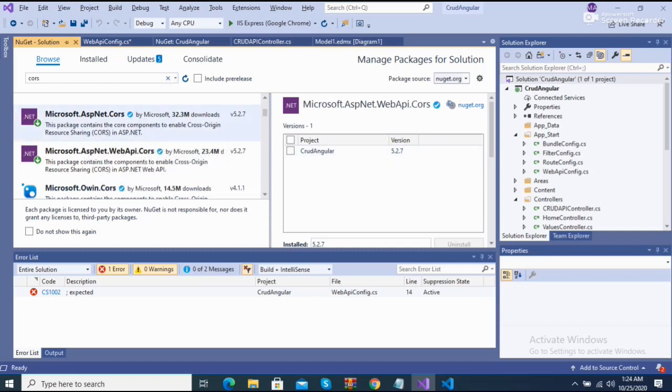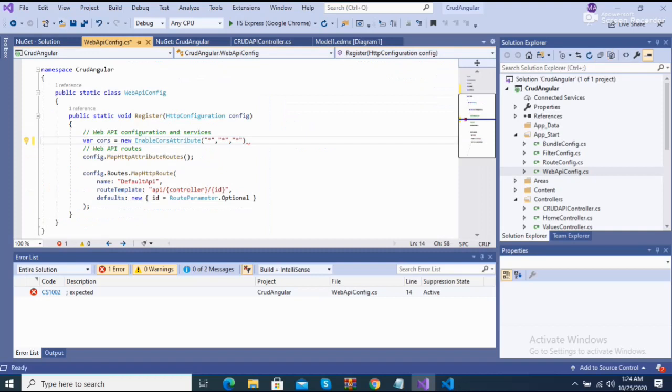And what should you do? After installing the ASP.NET Web API CORS package, go to the WebApiConfig file. I have already opened it here. Write this code: var cors = new EnableCorsAttribute, and add the semicolon. My system is very slow right now.